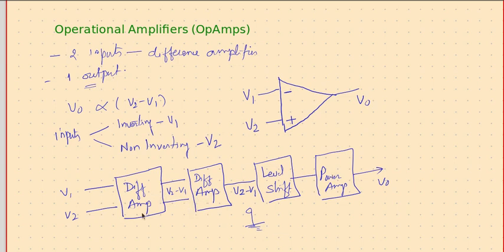So what we are trying to say is this V1 we have applied with respect to ground, this V2 we have applied with respect to ground. That means V1 is applied to this point, V1 is measured with respect to ground, V2 is measured with respect to ground, whereas between these two points the voltage is V2 minus V1, whereas at this point it is V2 minus V1 if you compare it with the ground.